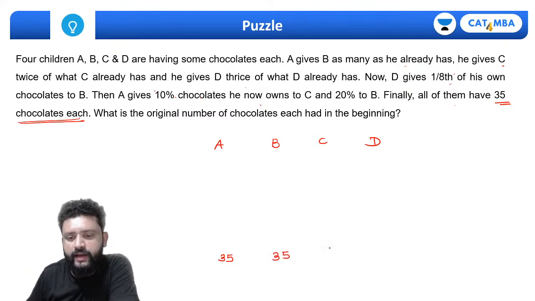$35, $35, $35 and $35. तो टोटल चॉकलेट्स तो हमें पता है कि 140 होने चाहिए।